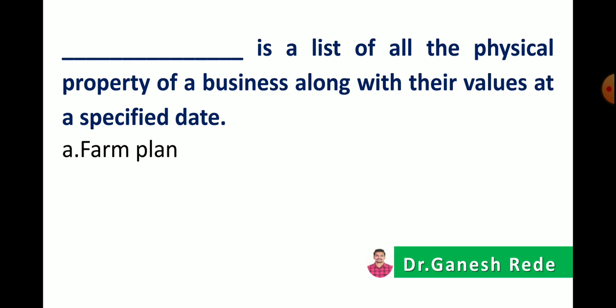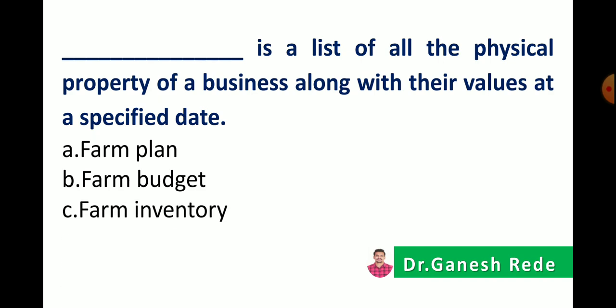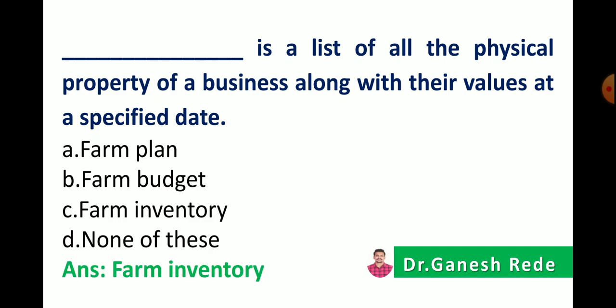So options are farm plan, farm budget, farm inventory, or none of these. The correct answer is option C. Farm inventory is a list of all the physical property of a business along with their values at a specified